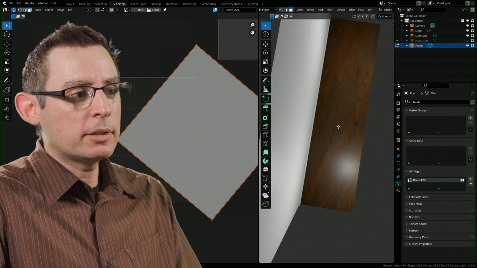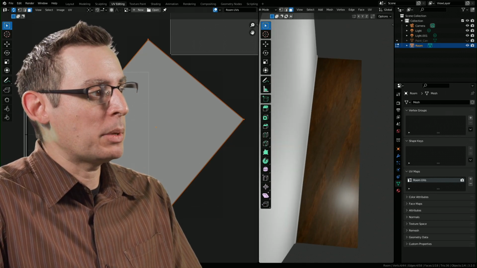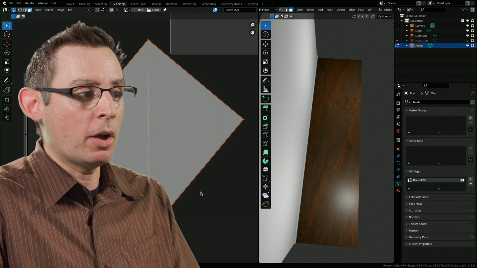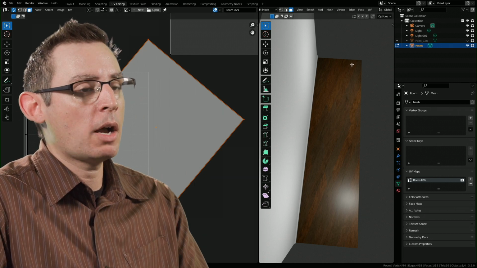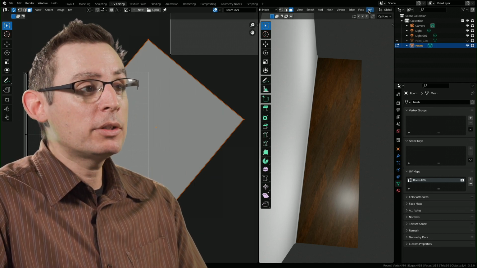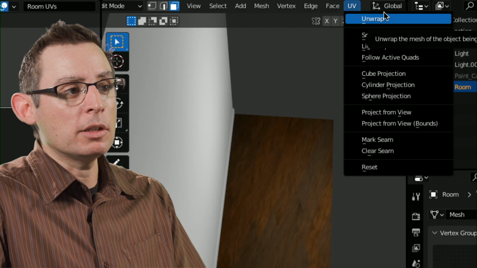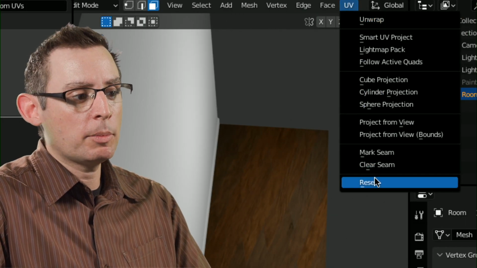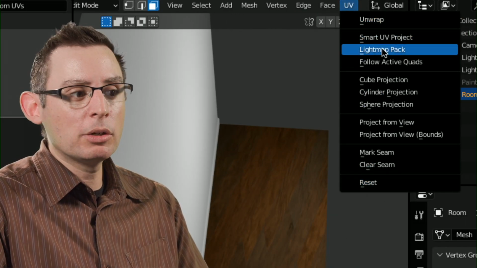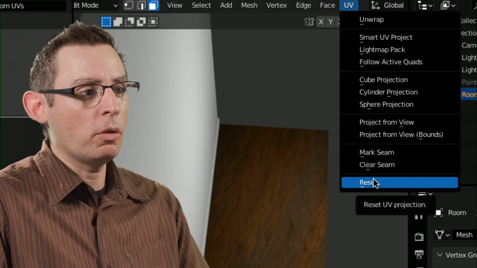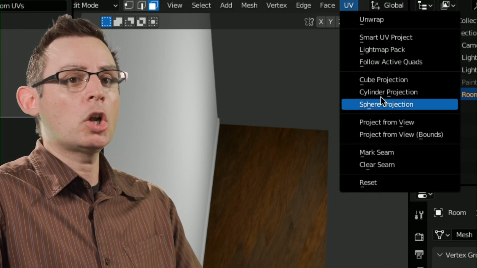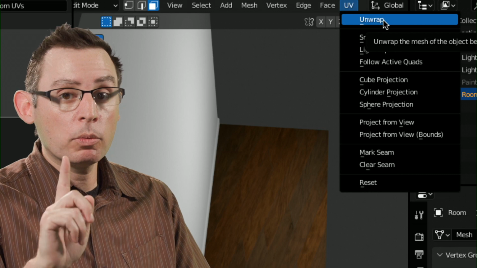I got my polygon selected. I can see that it's selected because I have an orange outline on the UV. Nice little confirmation, validation. And now let's physically create some UVs or a new UV for the selected object. Now we have a whole series of different commands, and we're not going to go through all of these, but there are a couple that I want to draw your attention to. We have unwrap, which we'll come back to later.